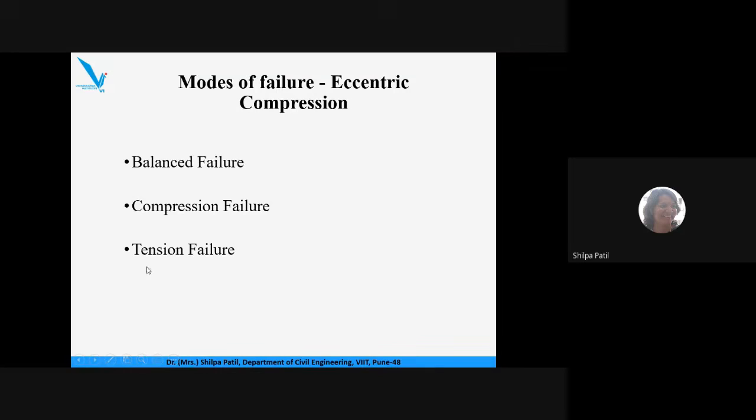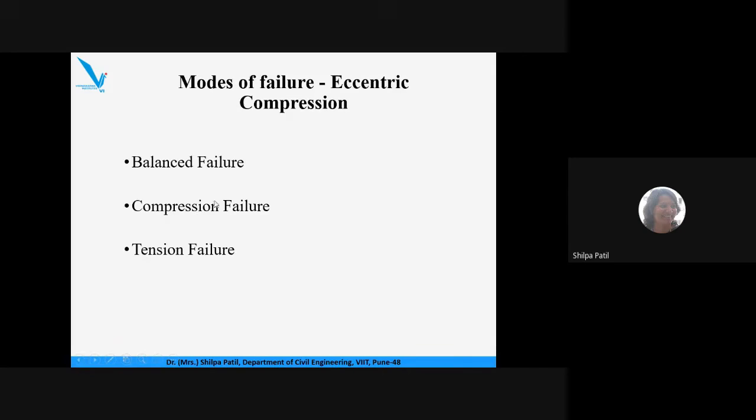Second case is when the eccentricity is high, the moment is high. And when the moment increases, the load will reduce. These are the interrelated parameters. So moment is high, load is lesser, so the column will fail due to tensile action. Tensile action means what? In this case, your steel will yield. Initially your steel will yield, and then later, at the time of collapse, your concrete will crush. So final failure is ultimately considered as a crushing of concrete only.